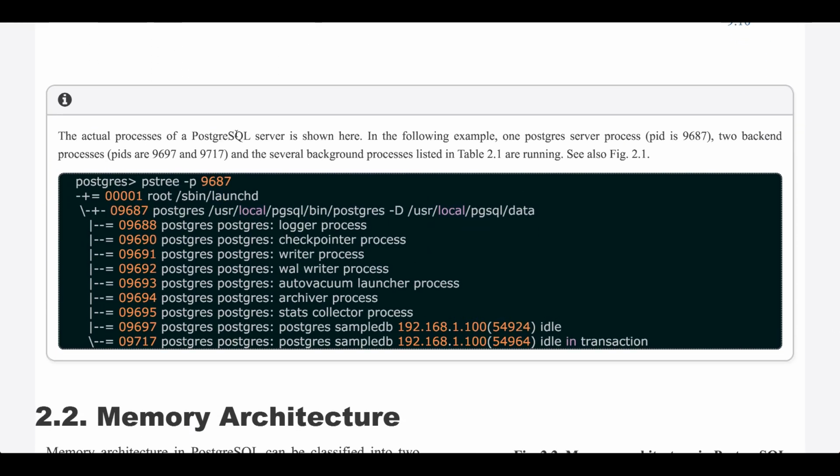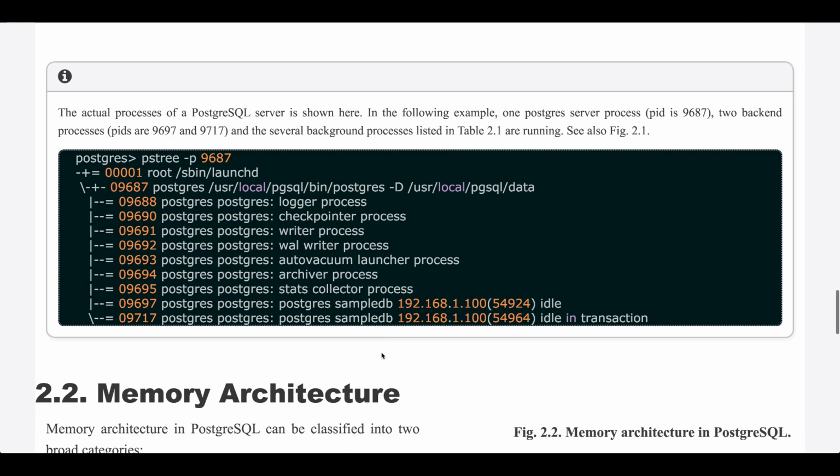The actual processes of a Postgres server are shown here. In the following example, one Postgres server process, PID 9687, two backend processes, PIDs 9697 and 9717, and several background processes listed in Table 2.1 are running: logger process, checkpointer, writer, WAL writer, autovacuum, archiver, and